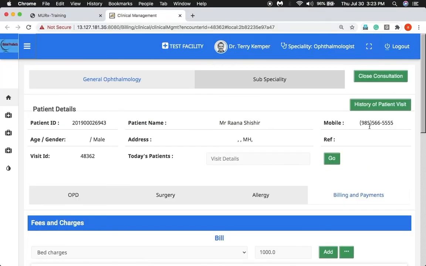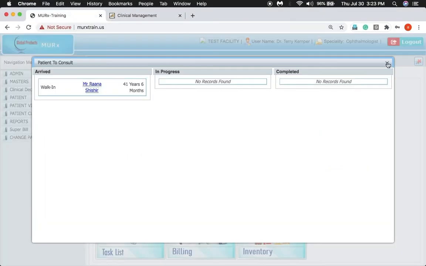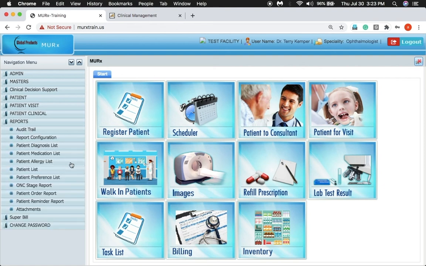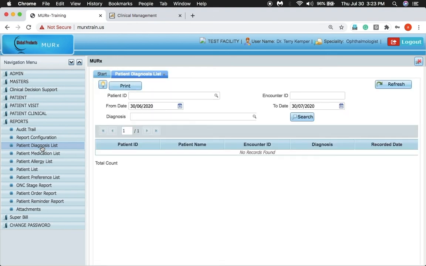Reports are also generated in MEORX, different reports. In this navigation menu, click on reports. A patient list according to the diagnosis is generated and can be printed out.